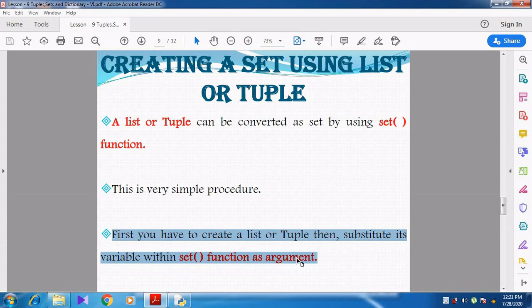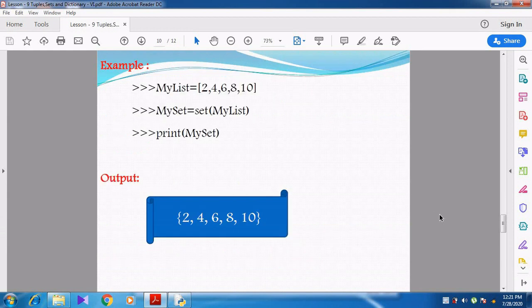Right? Let's see the example, then you can understand it clearly. Now we are going to create the list. What is the list name? My list equal to 2, 4, 6, 8, 10. See here they have given square brackets. So that is a list. That is not a set or tuple.